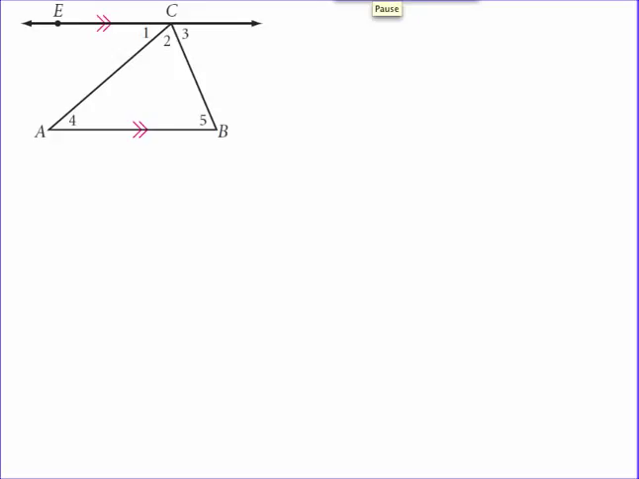Okay, so as some of you have already been talking about, you've noticed that 4 and 1 must be the same. You also notice that 5 and 3 must be the same because they are what type of angles? Alternate interior angles. And you know if lines are parallel that the alternate interior angles are congruent. So first of all, we can say that angle 1 is congruent to angle 4, and angle 3 is congruent to angle 5. Because